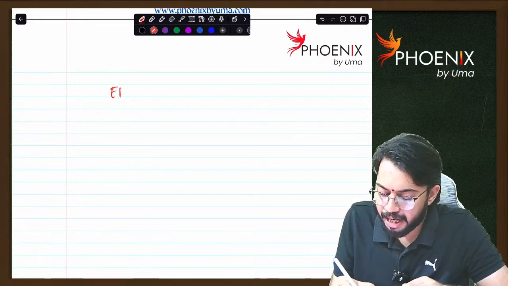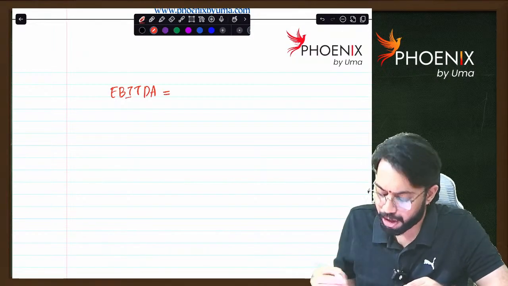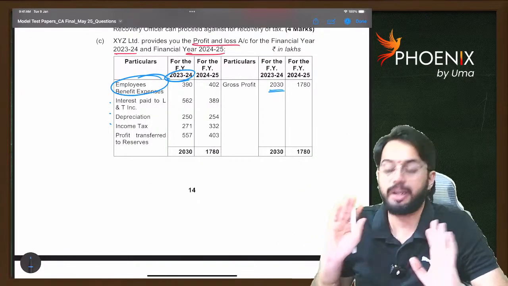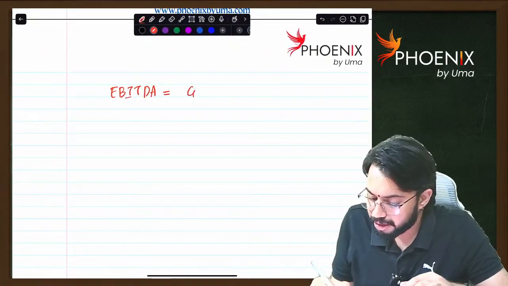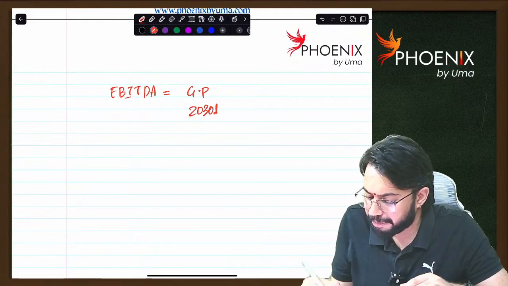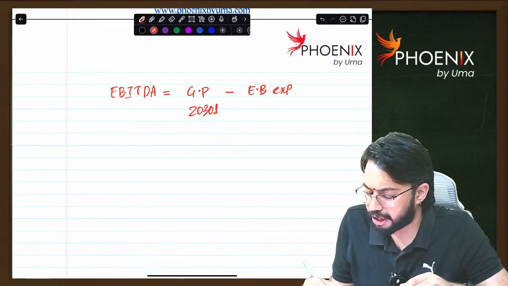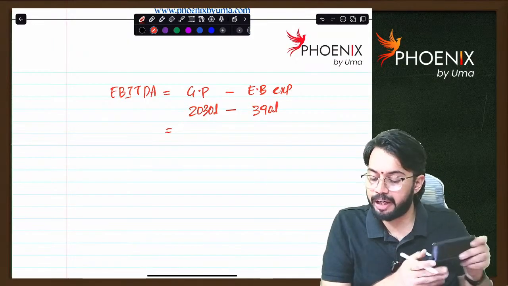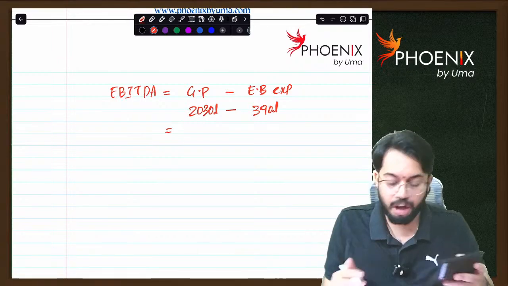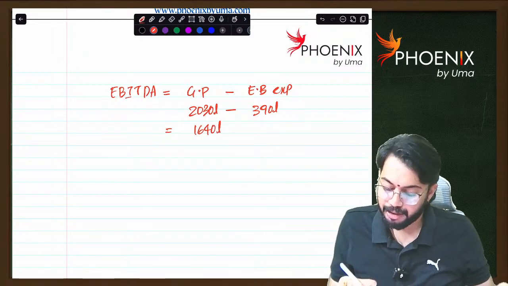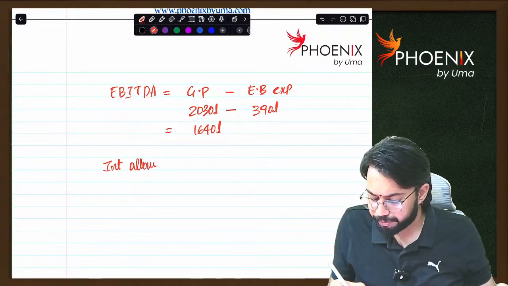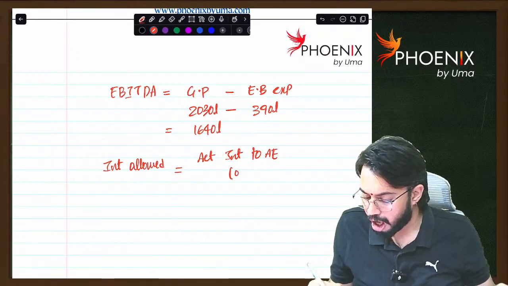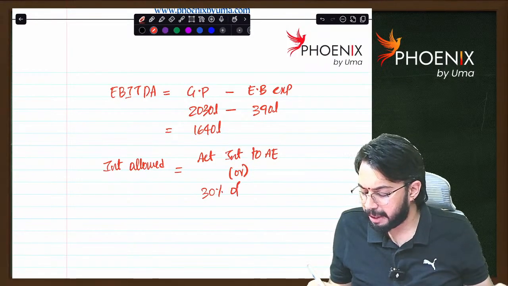First, we need to calculate earnings before interest, tax, depreciation and amortization. So interest, depreciation, income tax, employee benefit expense we need to reduce. Gross profit is 2030 lakhs. From that, we need to reduce employee benefit expenditure. How much? 390 lakhs. Thereby, you arrive at earnings before interest, tax, depreciation and amortization. How much will it be? 1640 lakhs. Now, interest allowed is equal to the actual interest to associated enterprise or 30% of EBITDA,